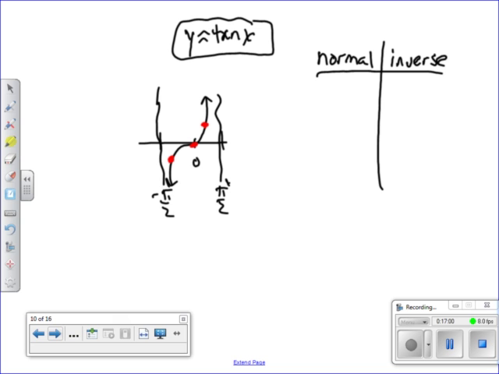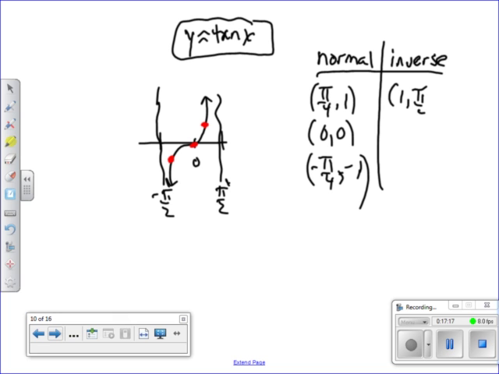So here's some normal points. Normal points would be pi fourths and 1, 0, 0 on the normal curve, and then negative pi fourths and negative 1, okay? So over here, the inverse function would be 1 and pi fourths. It would be 0 and 0, and it would be negative 1 and negative pi fourths, okay? So if I were to sketch this,